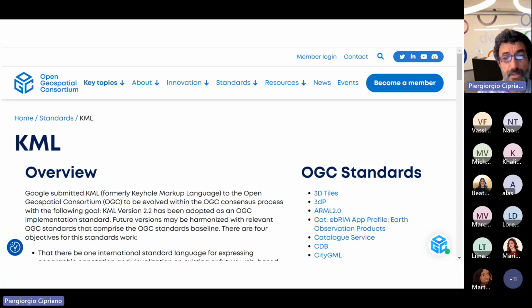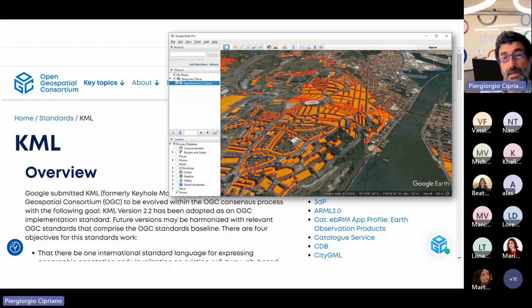Maybe some of you already had the opportunity to work or to play with one of the standards published by the Open Geospatial Consortium, that is KML. KML is a standard format used by Google Earth or Google Maps, and it was introduced by Google. It was submitted by Google, a member of OGC, some years ago, and became a standard in a few years.